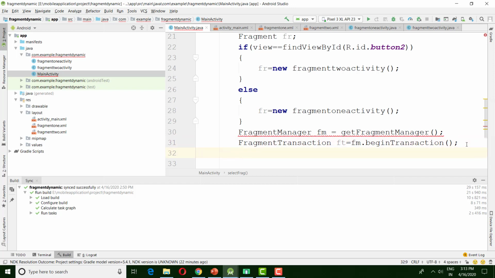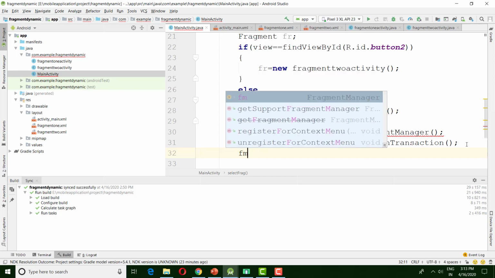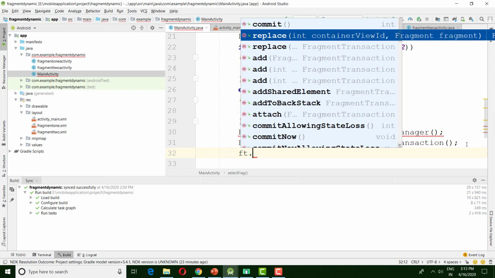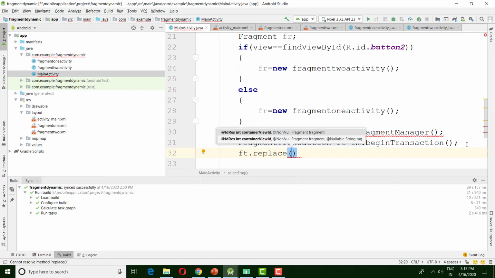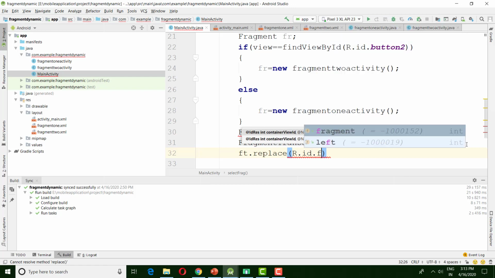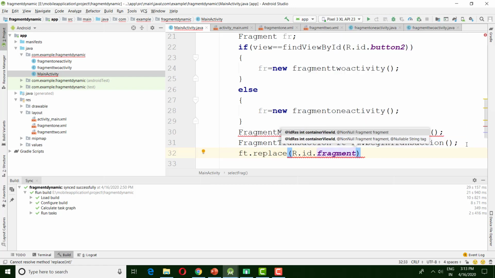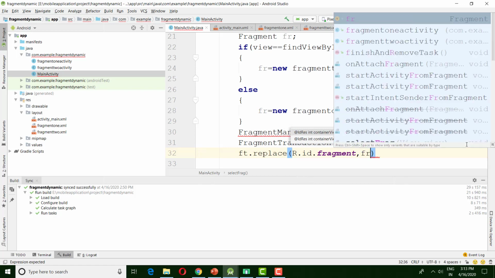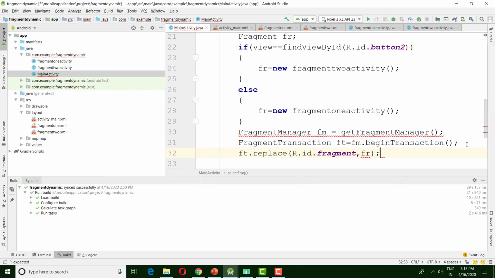Now what we are doing is replacing fragment 1 by fragment 2. So for this, call the replace function, ft.replace. Give the container, R.id.fragment, comma, which fragment you want to replace it with, pass fr itself.